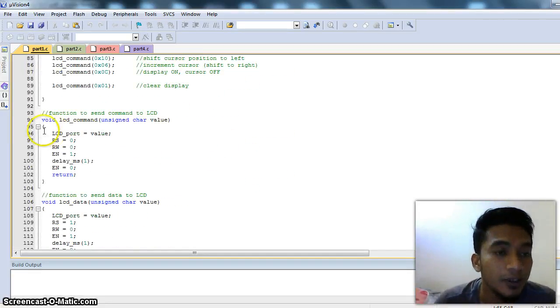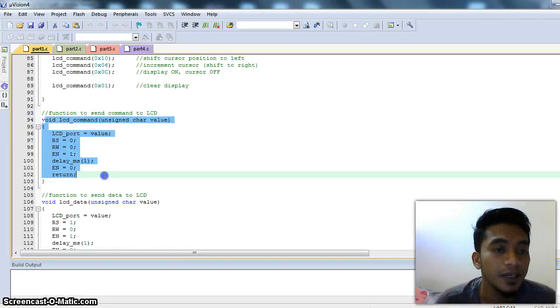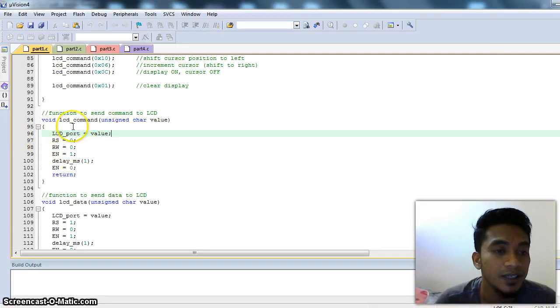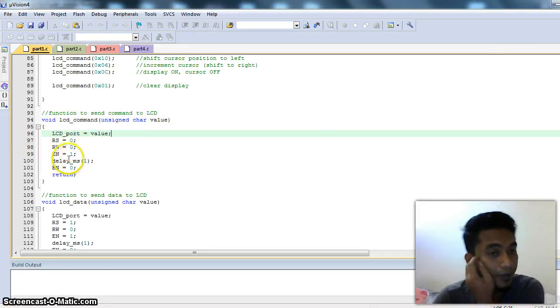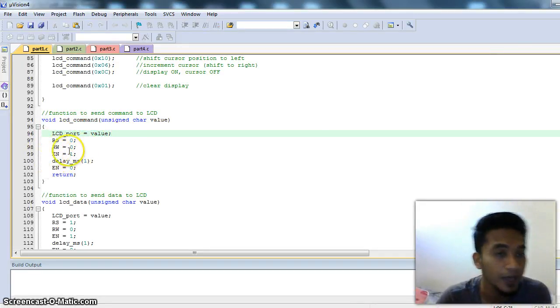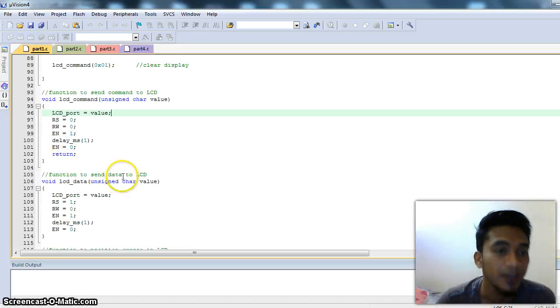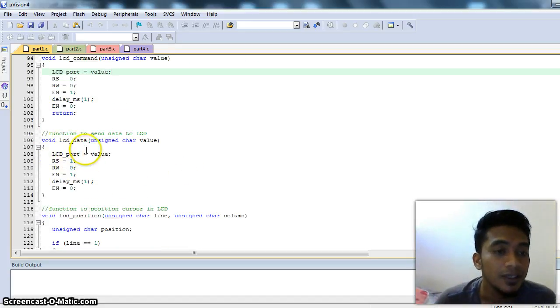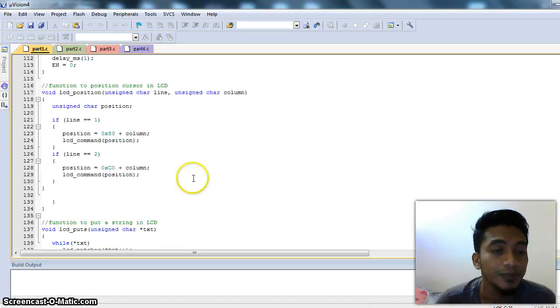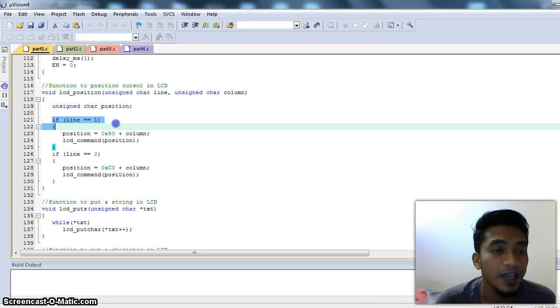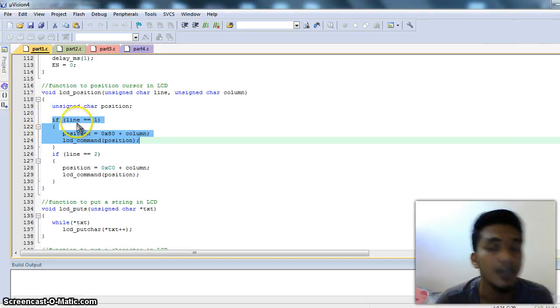This is the function for the LCD command. As you can see, here we set the ports for the LCD: RS, RW, and the delay, and it is the same for the LCD port. In this task we use a 16 by 2 LCD, which has 2 lines.